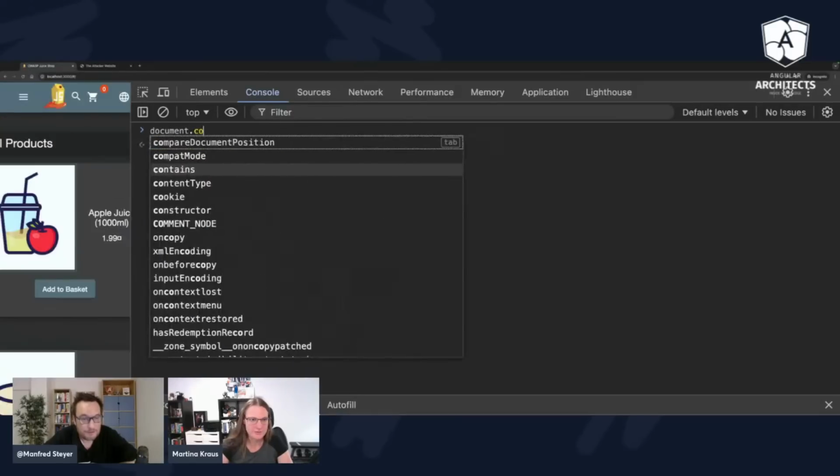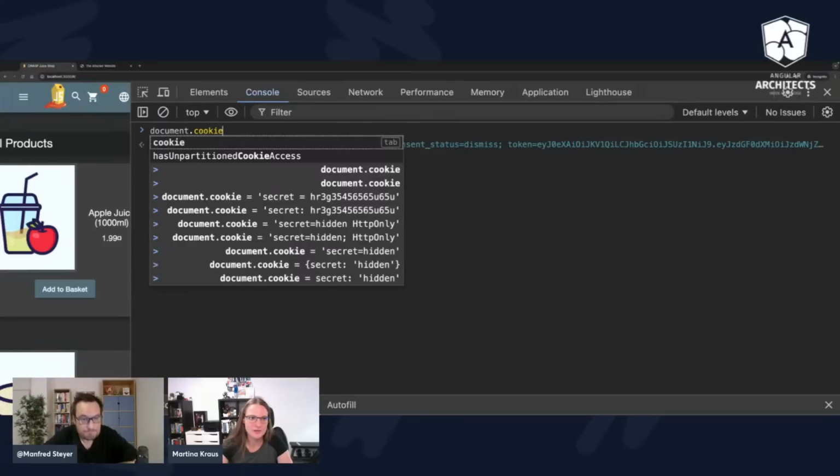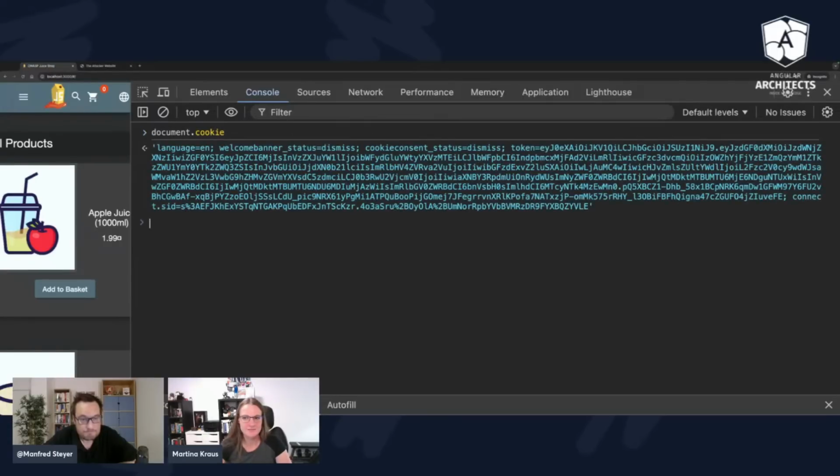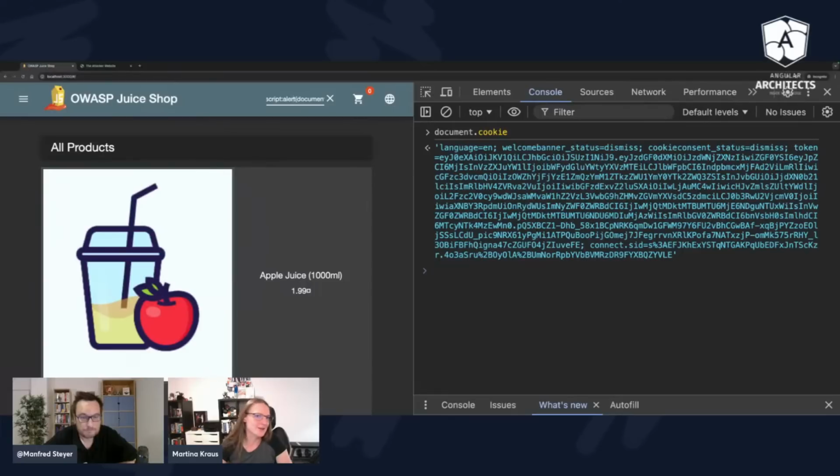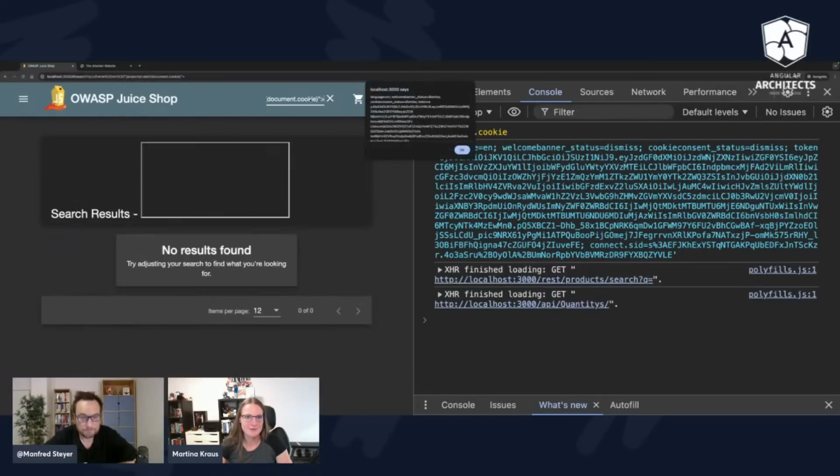So if you write document.cookie, you just get the whole cookie. So again, of course, we could do exactly the same again. Instead of accessing the local storage, we could now just have the same fetch request or an alert for document.cookie, and then we're getting, of course, all the cookies set on this website.